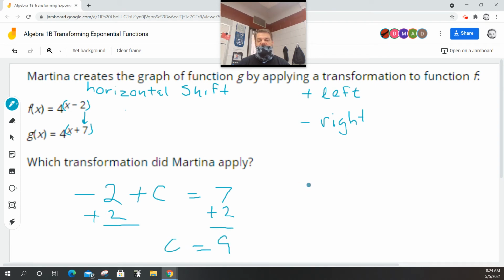In other words, she said, I got negative 2. I'm going to add 9 to it, and that will give me a positive 7. So it's a positive 9. So that means that she moved